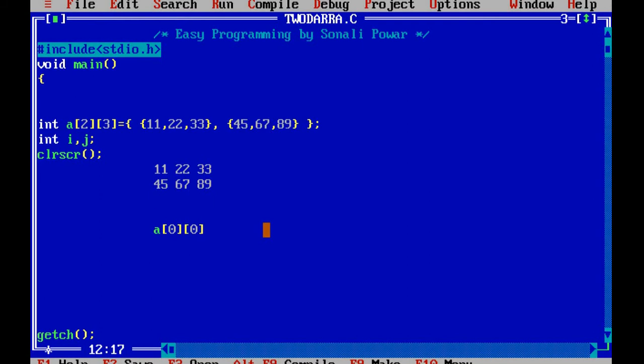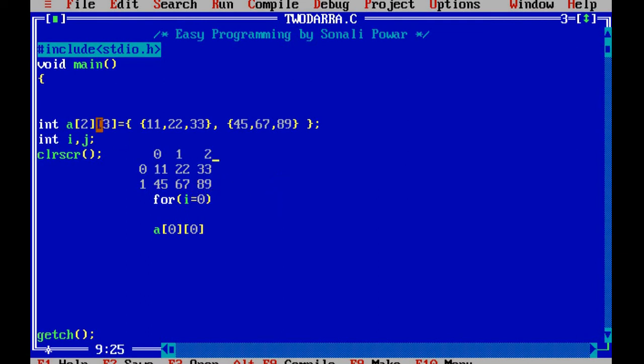So for that I will say for i is equal to 0, because here the row number is going to start from 0 and here there are only 2 rows, so 0 and 1. These are the row numbers, and like that for the column numbers 0, 1 and 2.